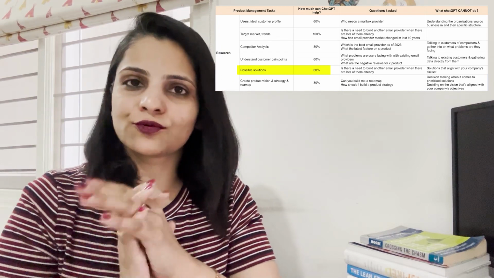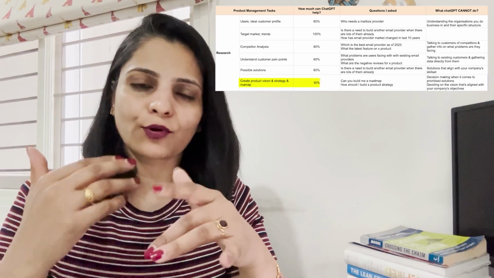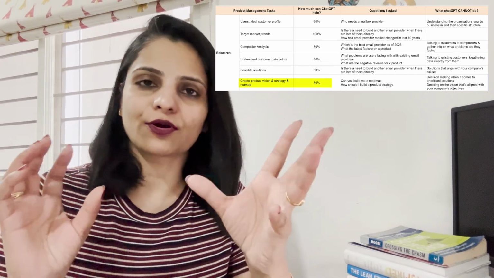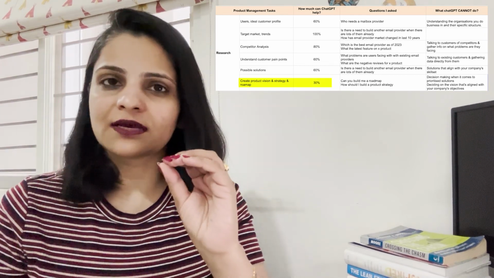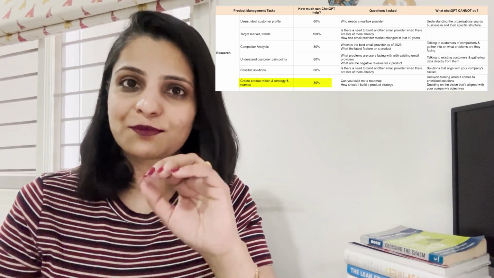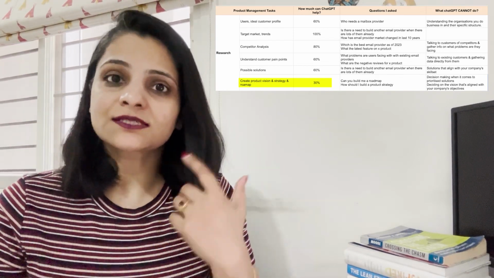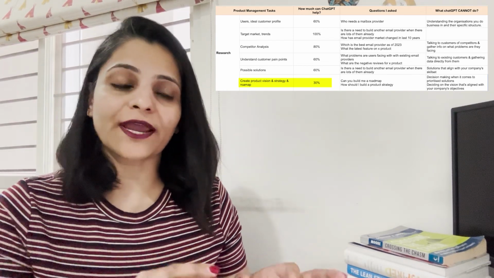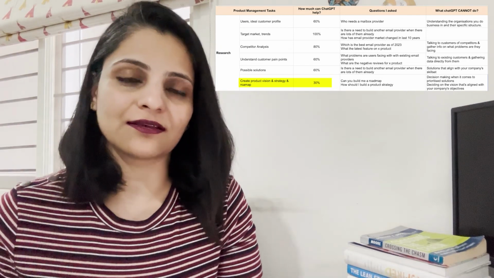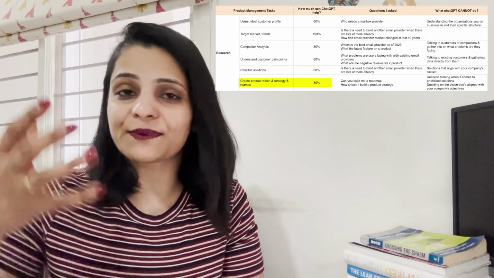Now, after a lot of research, the last step over here is creating a product vision, product strategy, product roadmap. So over here, I think any AI tool can be leveraged for around 30%. 70% of work is going to be done by you at this stage, because you can ask ChatGPT for templates. If you ask, how should I write a product strategy? What's the format? It's going to give you a beautiful product strategy,